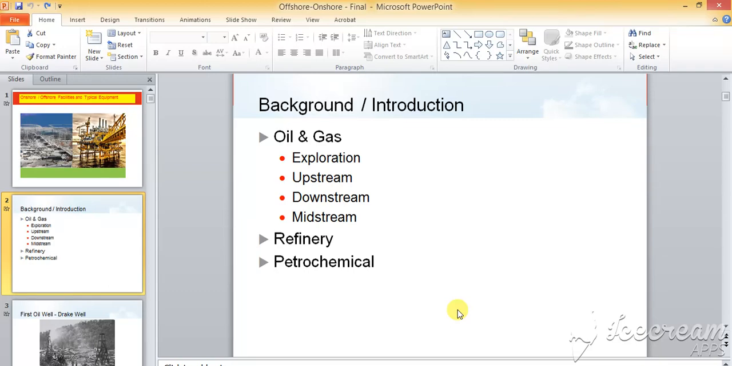From the shore you have the processing facilities where you do the refinery, in which you'll get products like diesel, naphtha, other materials like jet fuel, petrol, gasoline, LPG. So you'll get all those products in the refinery. Then